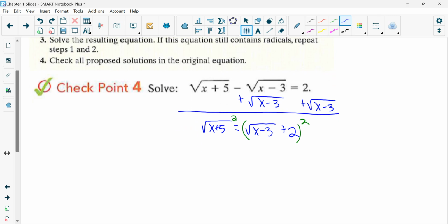All right, so the square and the square root cancel. So that gives me just x plus 5. Now, again, the binomial squared. Either you're writing it twice in foiling or you're going to follow the shortcut. I'll write it twice here for now. And so as I go to FOIL this,